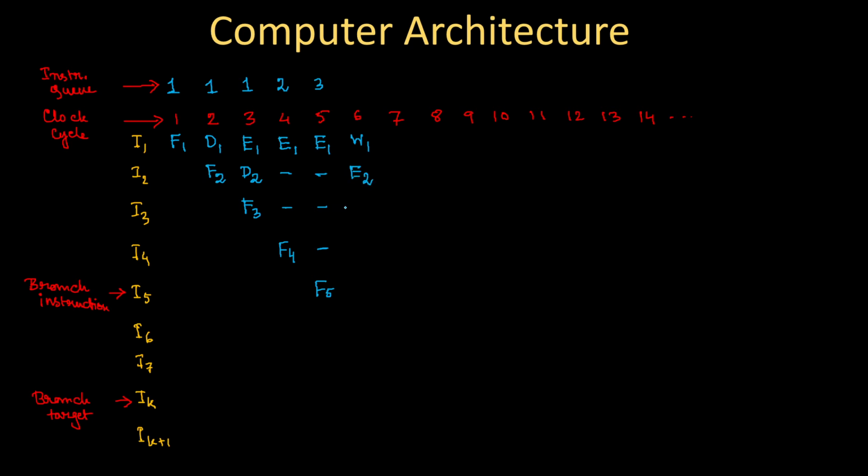Similarly, decode of instruction 3 will start, and you see the decode of instruction 5 cannot start, then 4 cannot start, not even 5, but fetching of instruction 6 will start, because fetching does not depend upon the status of the decoder, because between the fetch unit and the decoder unit we have the queue which is free, where you can store the prefetched instruction.